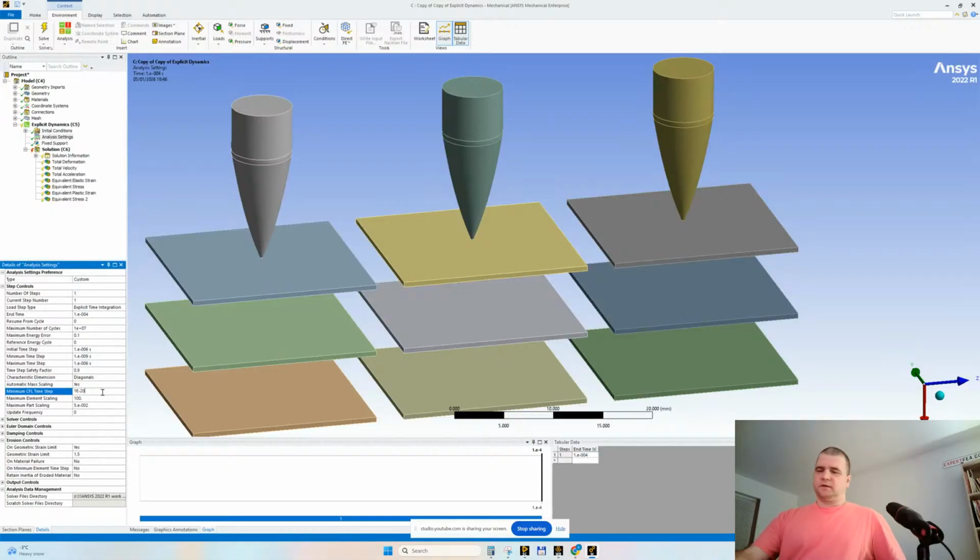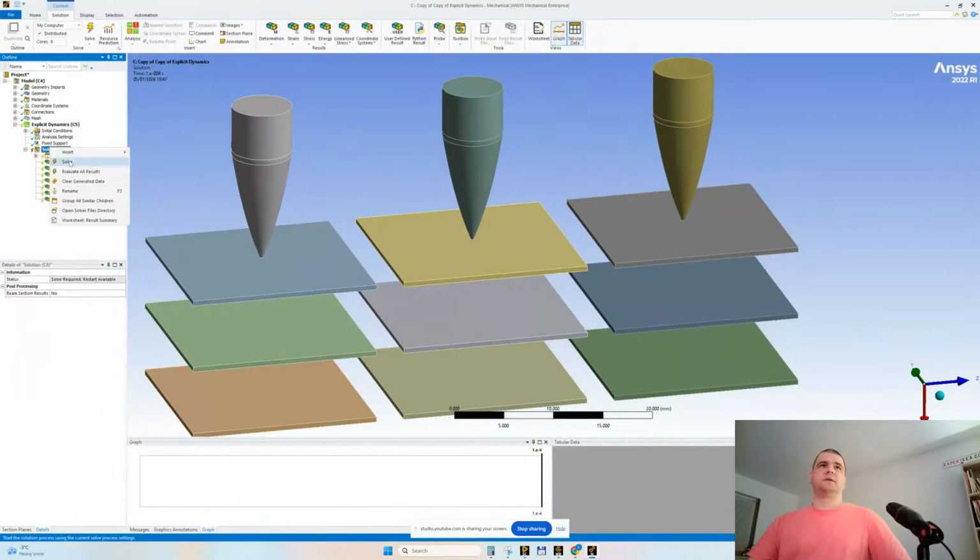And you are safer if you go with 1e minus 7. You wish to have an average time step of e minus 7. Let's see if it solves. Then we will begin to work here and decrease this value for geometric strain limit. Clear generated data, save,